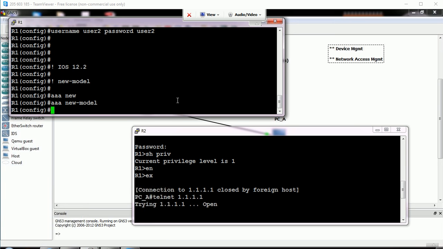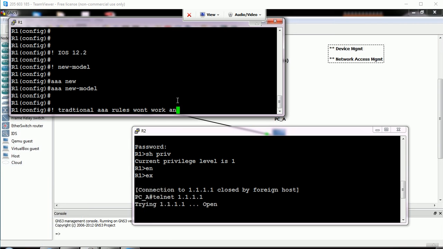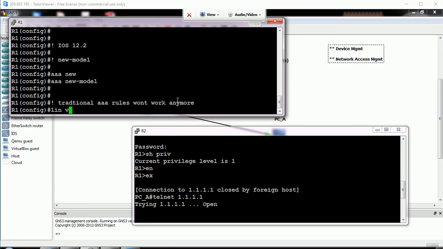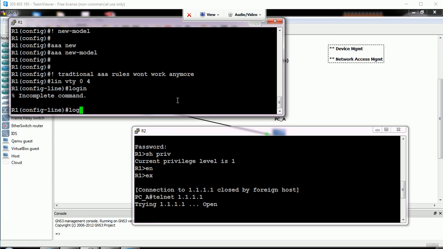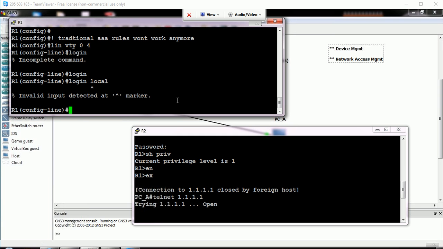By giving this command AAA new model, two things are going to happen from this moment. One, my traditional AAA rules won't work anymore. When I say won't work anymore, if I go to line VTY 0 4, the login command doesn't work or the login local command doesn't work.